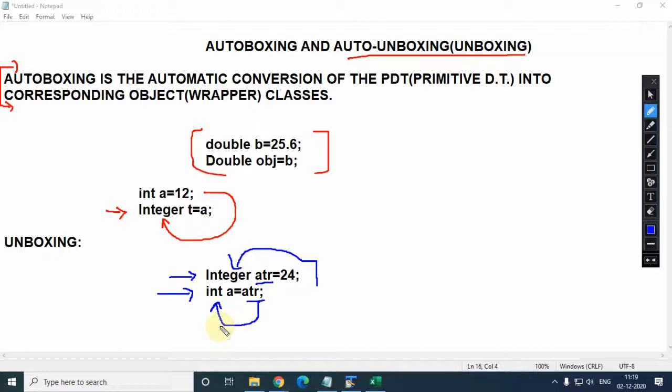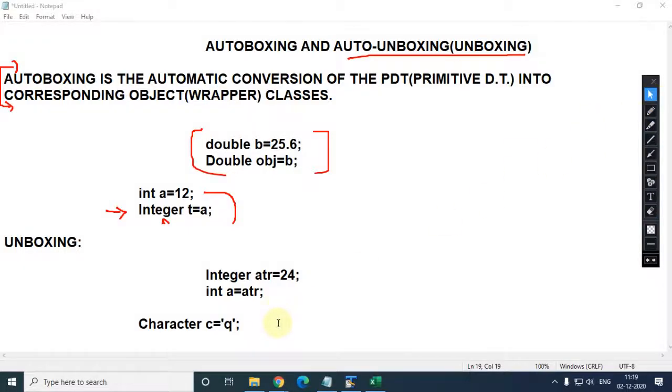So if we have to declare an object like Integer or Double, do we have to add a statement like ABC integer equal to new ABC? No, beta, see, here we need to work on the wrapper class. If you want to declare a Character wrapper class and store something, the statement will be like this. Character is a wrapper class, like any variable C equals to a particular value, and after that char.